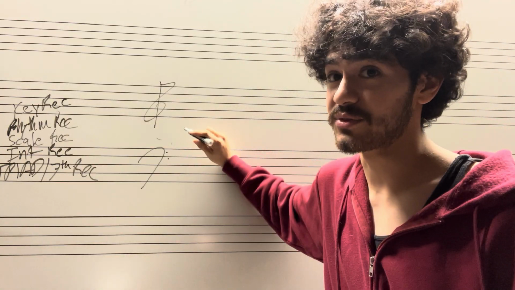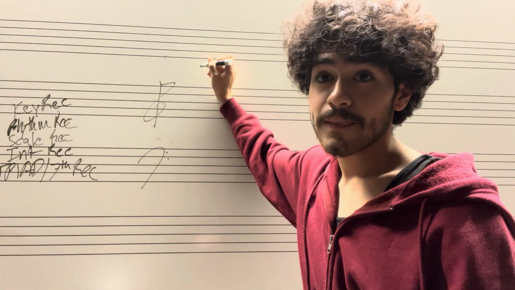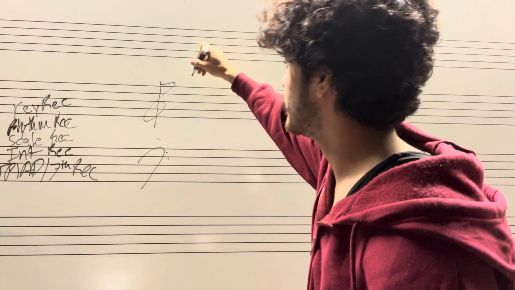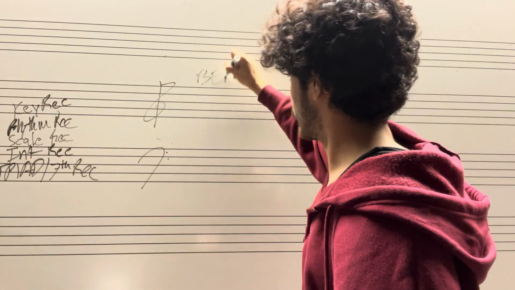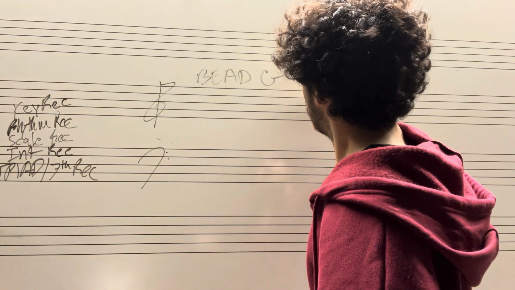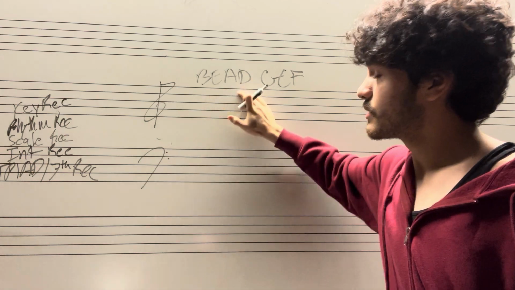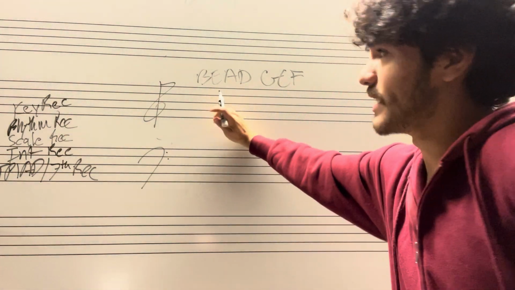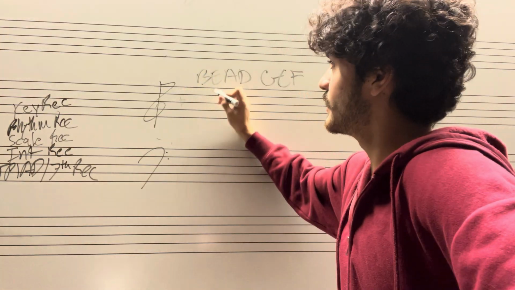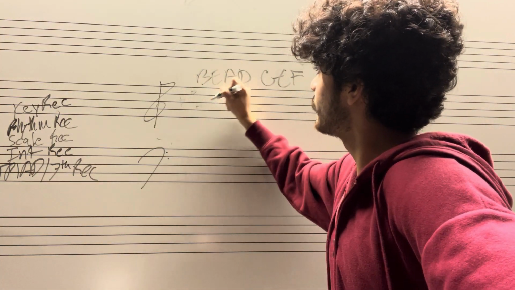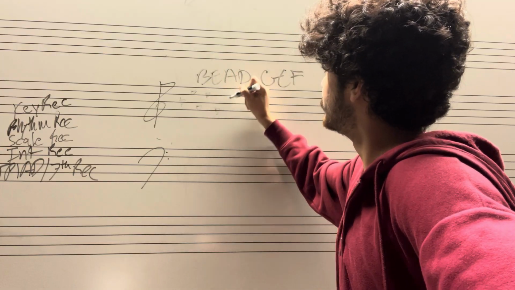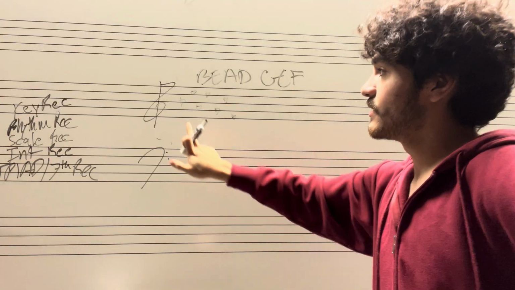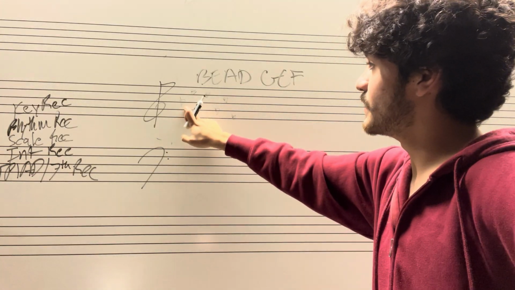So I'm gonna teach you about building up the flats, right? I didn't learn it this way, but I found it out along the way. This acronym: BEAD, greatest common factor. It's gonna be the order of flats, right? So you got your B flat, E flat, A flat, D flat, G flat, C flat, and F flat, right? You'll notice you build them